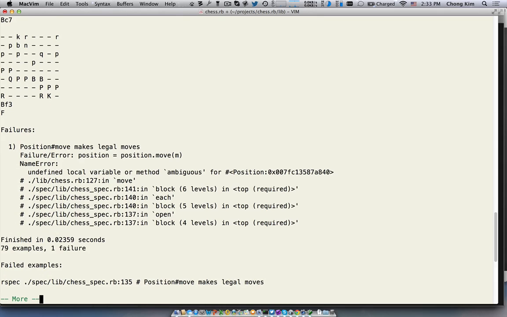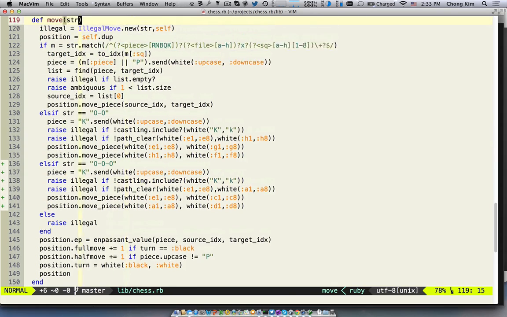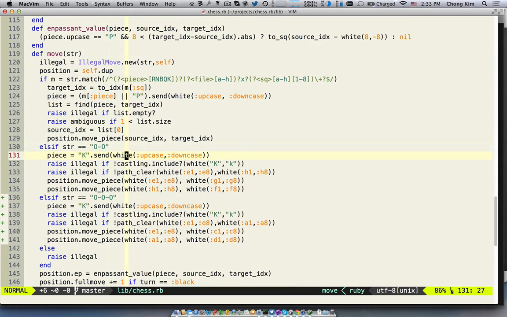All right, it looks like we're past this now. Actually, yes, we're past this point now. We have a different error. It says undefined local variable ambiguous. Okay, let's take a look. Ambiguous. And the reason why is because